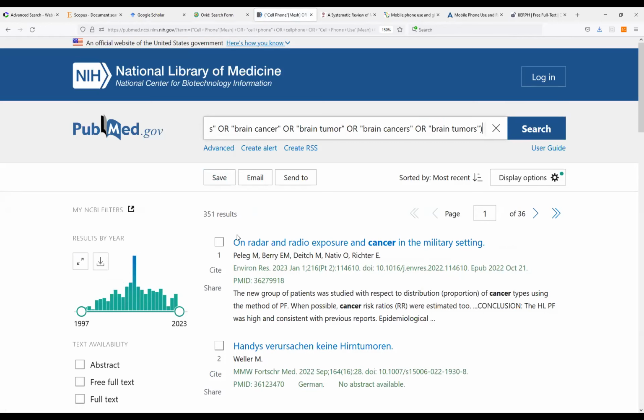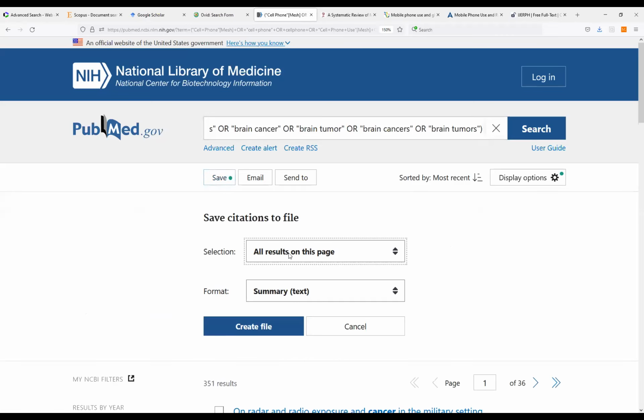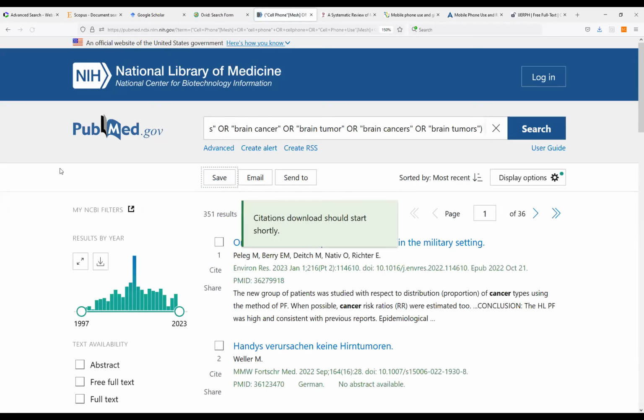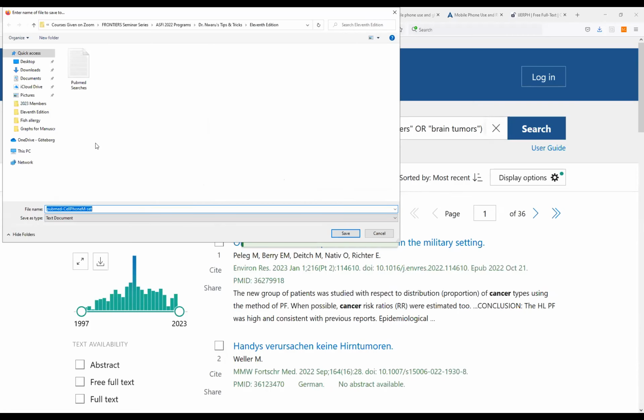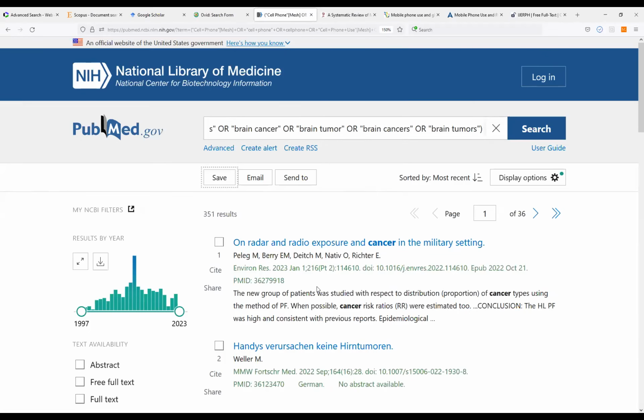351 hits. And I would like to export this out. I take save all results. I take PubMed. I click file. And it will give me a choice and I will save it. All right. This is PubMed. Now, let me take you to